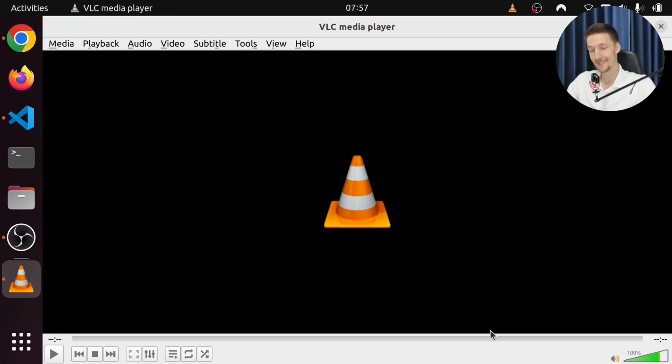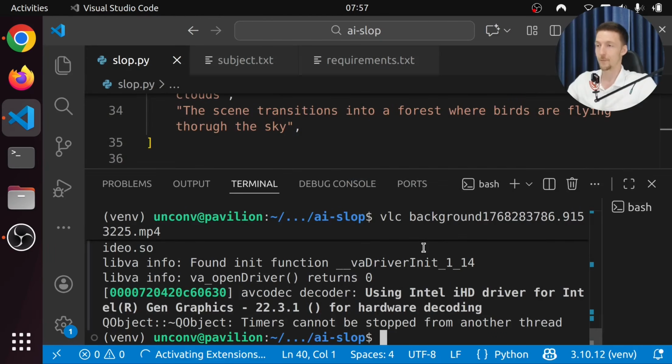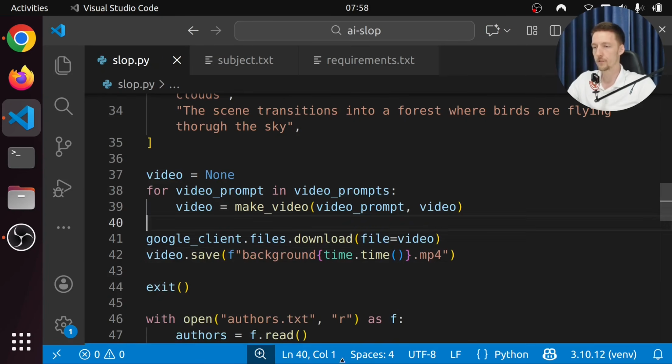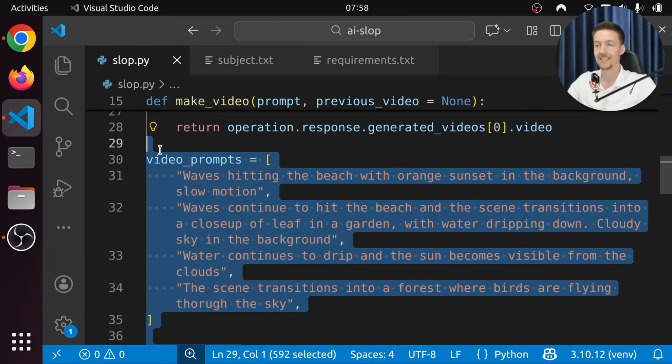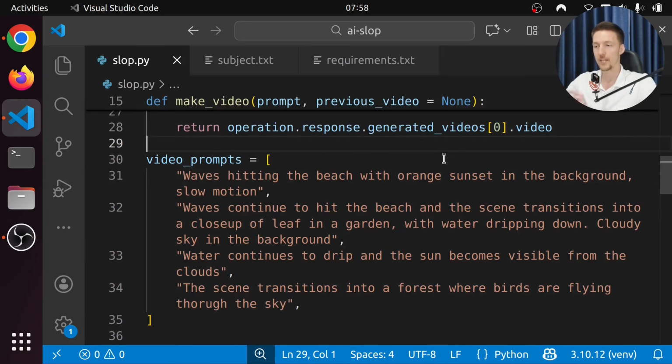Okay, that is looking pretty good. And I think we can stitch these for about 2.5 minutes. So we could make a 2.5 minute video. And then we could make another 2.5 minute video and then just put those together, and that would be the background video. Anyway, let's convert this video generation into a function so that we can generate these longer background videos.